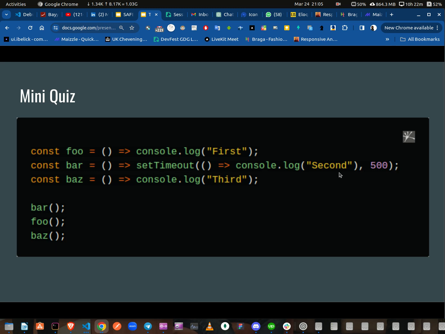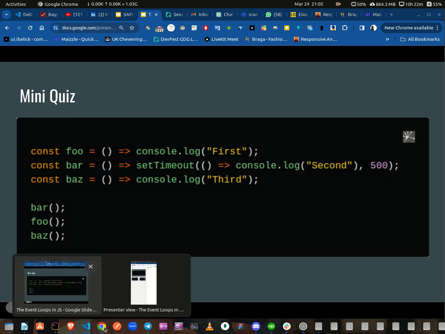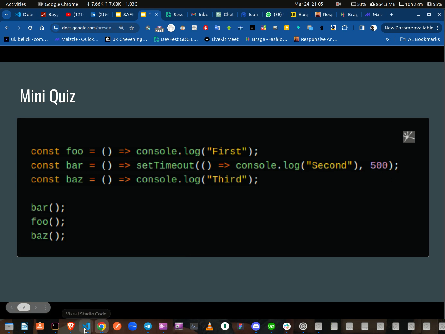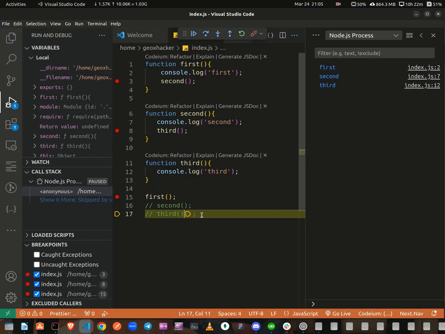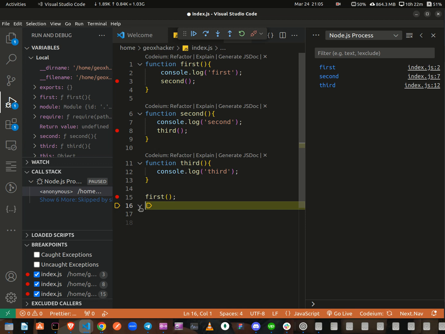Remember, the setTimeout is not natively provided by the JavaScript engine, therefore it has to be handled elsewhere. If I run this code in my VS Code, in my case it will be handled by the